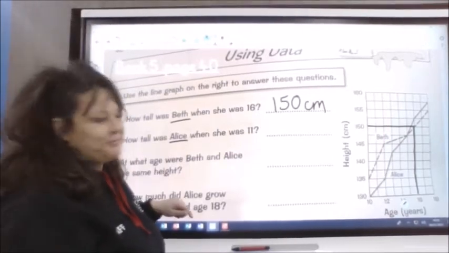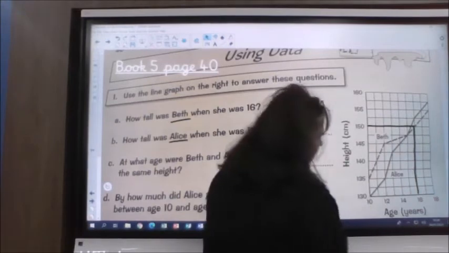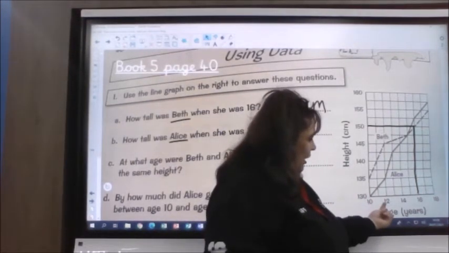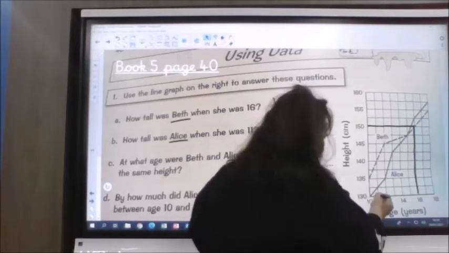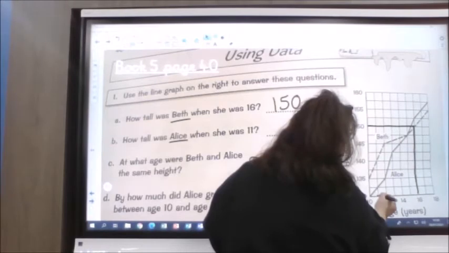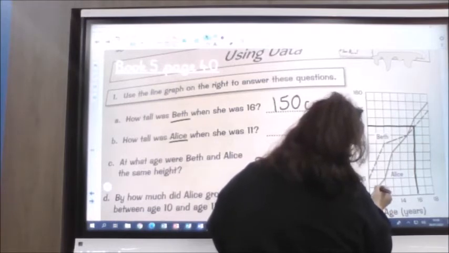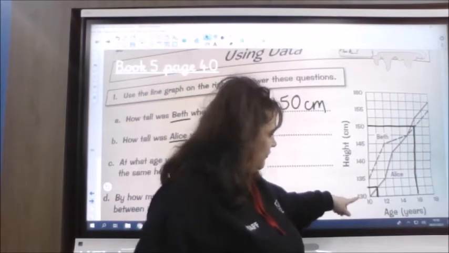Okay, how did you do? Let's have a look. So we're looking at Alice. Okay, now we've got 10, 12, 14, 16, 18. So 11 is going to be in the middle here. So when Alice, and she's the non-broken line, was 11, go along to here, we've got 130 and